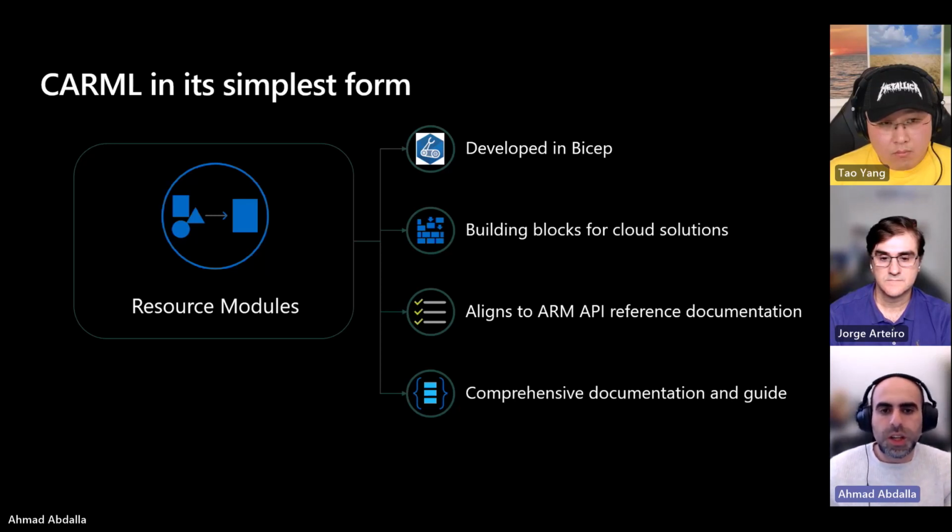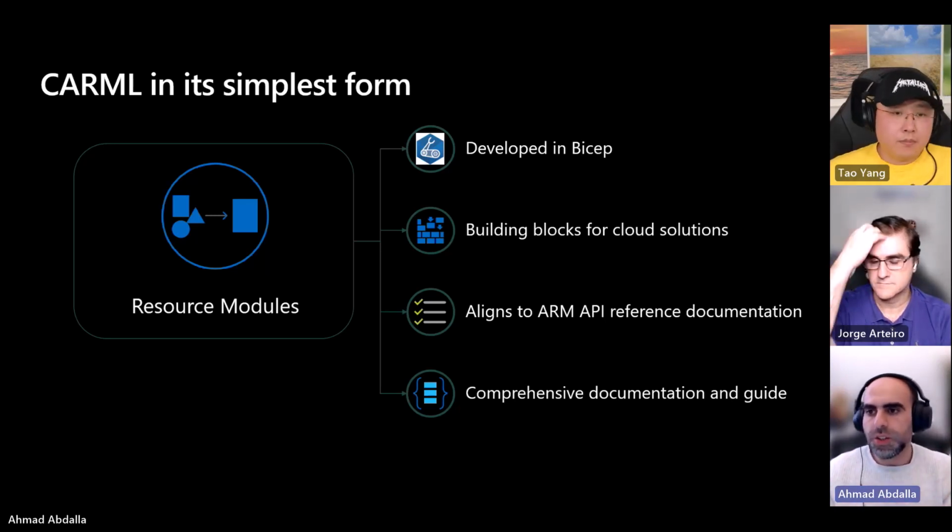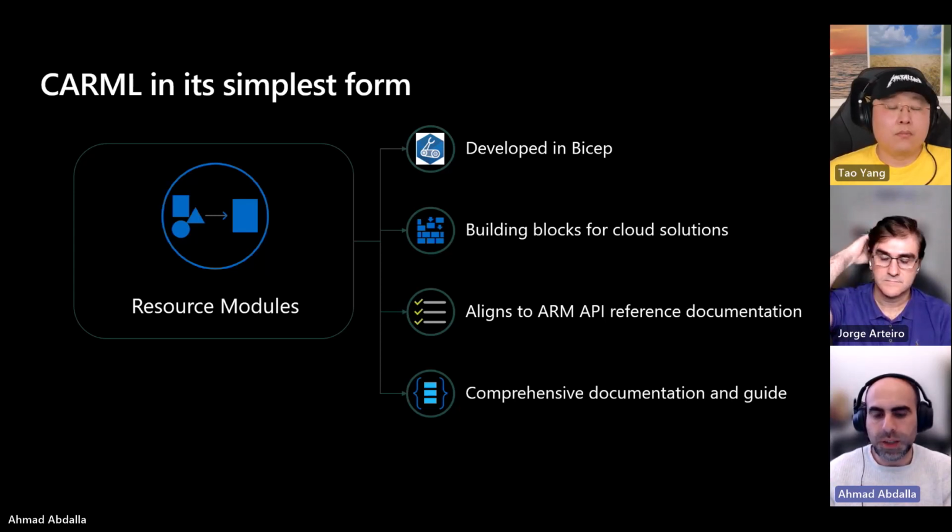So it covers all the different parameter combinations. It sorts them out from what's optional, what's required, what's conditional. It provides parameter usage scenarios, so how to use a particular object input. It has examples, so we even publish our own tests into the README in both Bicep and JSON as well. So if someone just looks at the README, they have full coverage of what to expect